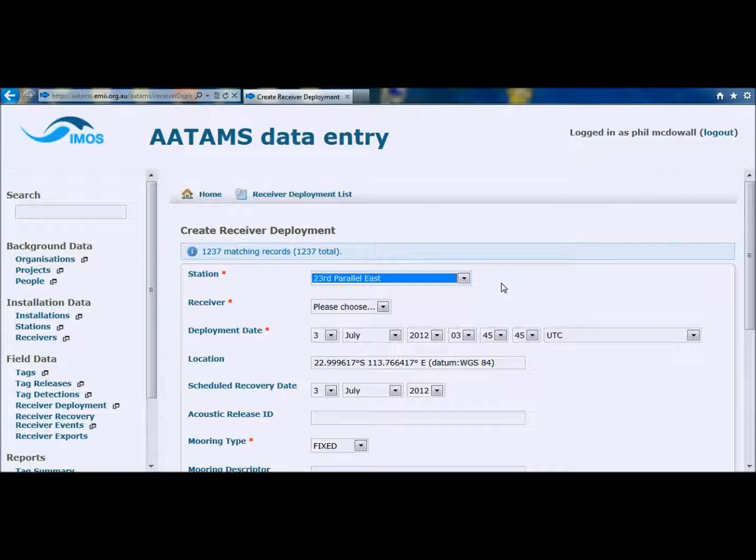Before it is possible to create a receiver deployment, it is necessary to have already created an installation and station, as well as having registered your receivers with the database. If you have done these things, you will be able to complete the fields present on the Create Receiver Deployment